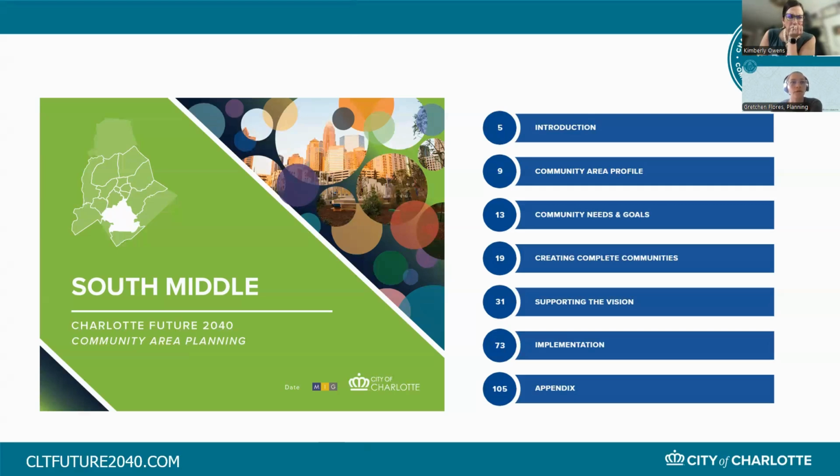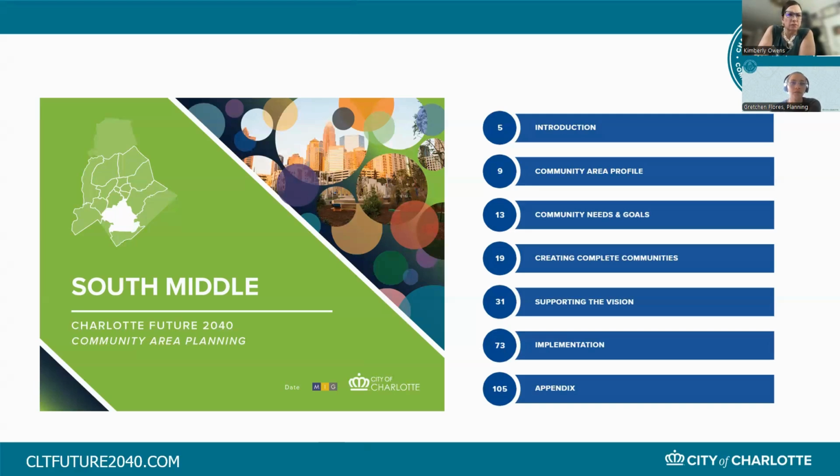Supporting the vision also has assessments for mobility, open space, and community character, and we can look at what specifically that looks like in a minute. And then the implementation and appendix sections. The implementation piece really talks about how we implement these plans. So what are the steps that we need to take to implement these plans? It's some very specific actions. And then the appendix are a set of resources that are available to just the general public.